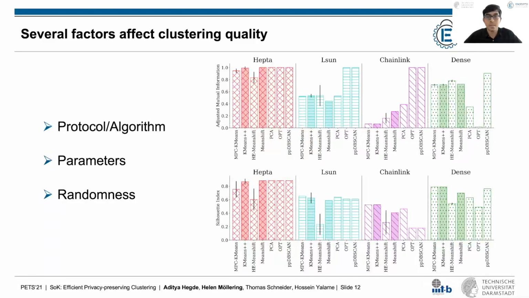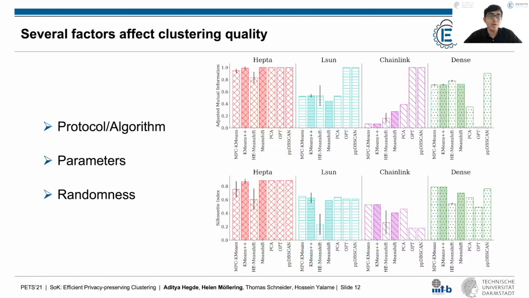and linearly separable datasets. Moreover, the clustering quality was strongly influenced by the value of the parameters, like the number of clusters in case of k-means and the neighborhood radius in case of DBSCAN. These values depend on the input data and require a bit of trial and error in setting the optimal values.